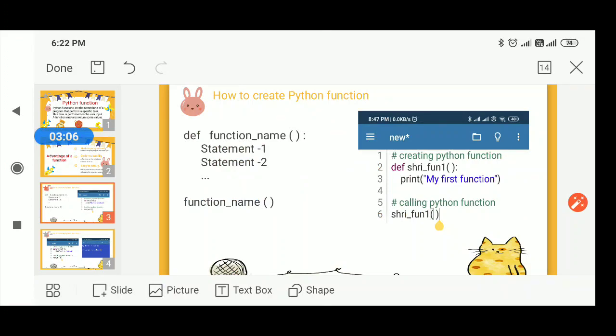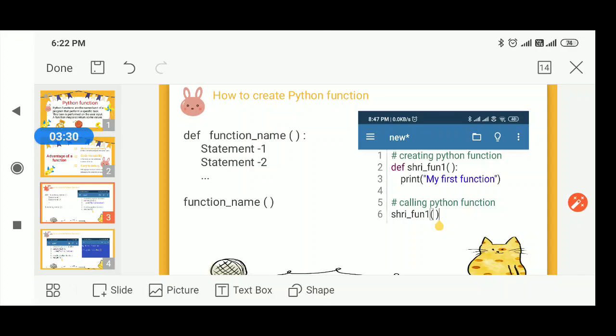Now, in the next slide, we are going to study how we can create Python functions. Here I am using the Pydroid app on mobile, with which we can develop our Python programs.